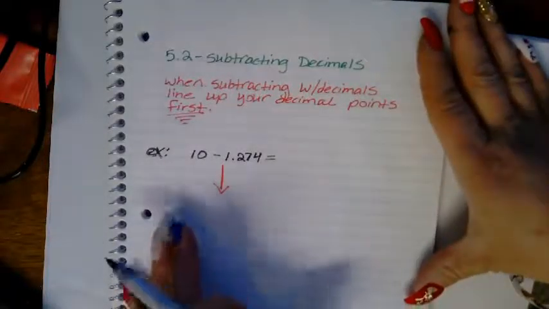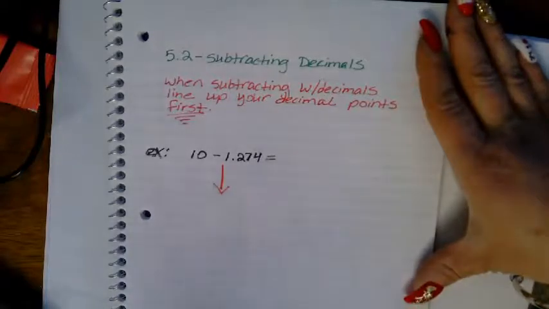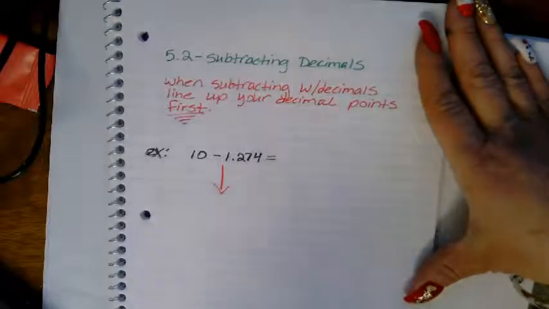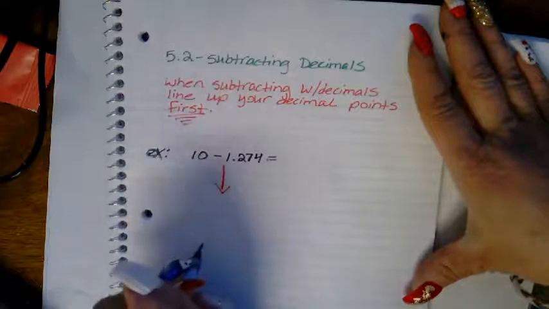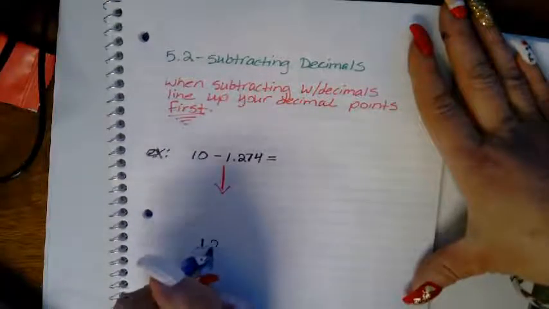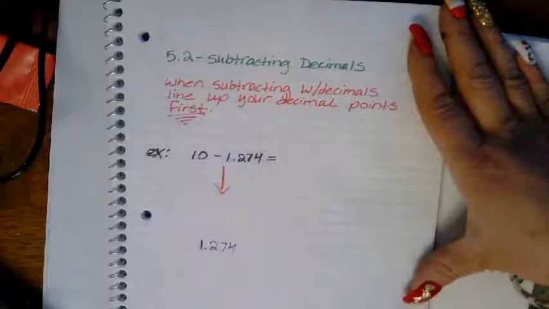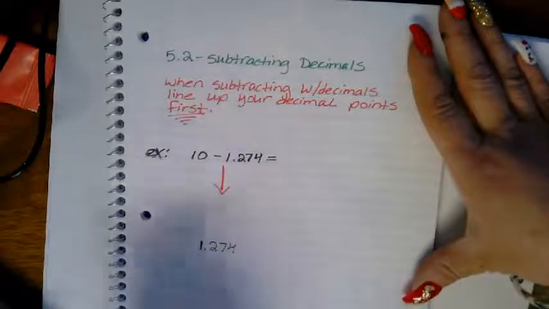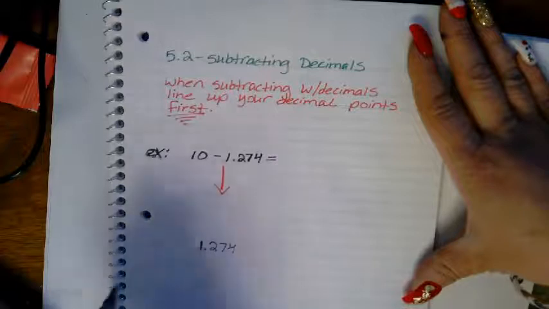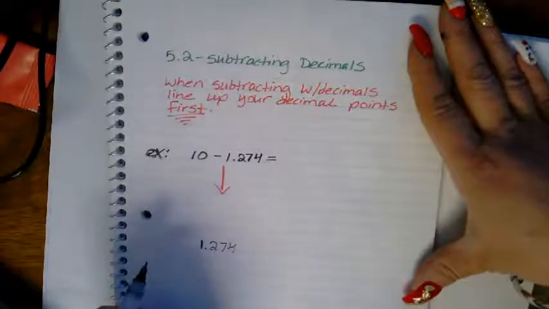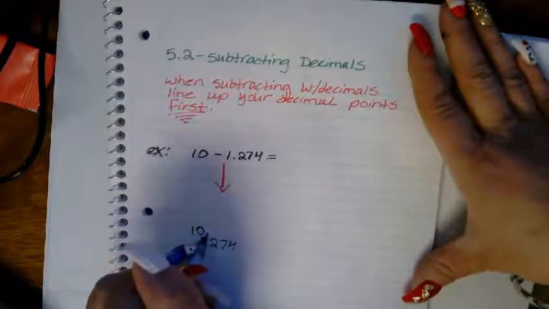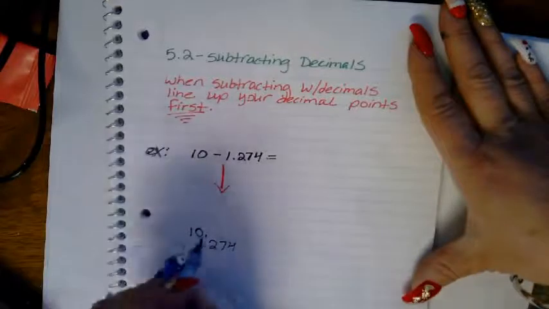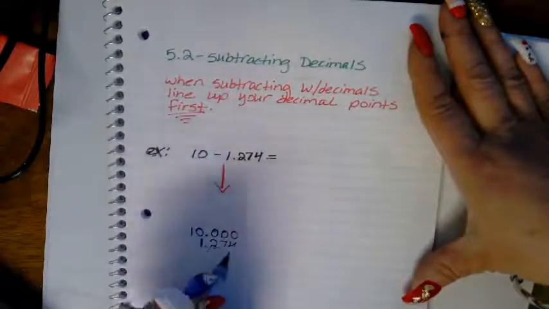So since we're subtracting, we know that bigger number has to be on top. If we write a 10, we don't really know where that decimal point might go because there's not one there. So I would suggest writing the 1.274 first, okay? And then we know where to put our 10 because we know we're going to add that decimal point and the zeros after it, right? So we're going to say a 10 here, then our decimal, see? So our two decimal points are lined up,